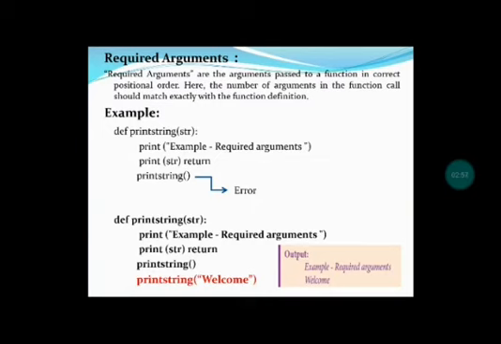If 2 arguments are necessary, you can send 2. If 1 is necessary, we can send 1. In this program, we have sent only 1 argument, that is welcome to the str. Then it will be printed. We will clearly understand about these required arguments.